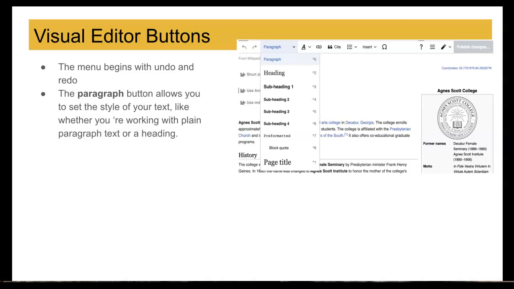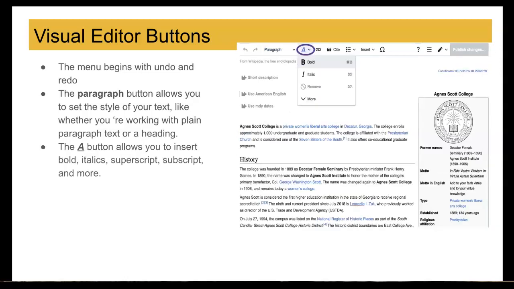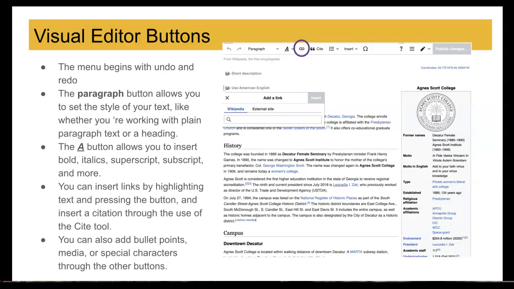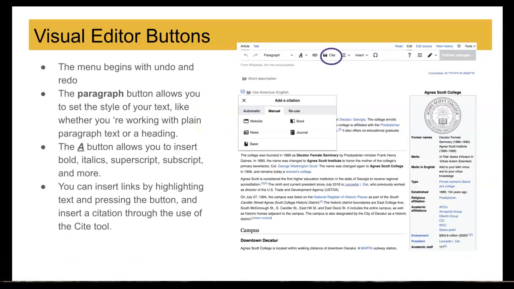Next is the Paragraph button, which allows you to set the style of your text, like whether you're interested in working with plain paragraph text or a heading. The A button allows you to insert bold, italics, superscripts, subscripts, and more. Next, you can insert links by highlighting text and pressing the button that looks like 2 joined circles. If you're adding a reference to the reference list, you can insert a citation through the use of the citation